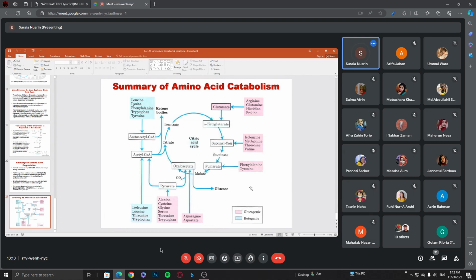as well as if they are entering the TCA cycle, because by the TCA cycle we know that electrons will be generated, those electrons will be transported. So you have to actually go to the end, whether it is a biosynthetic pathway or it is a catabolic pathway. Did I make it clear?